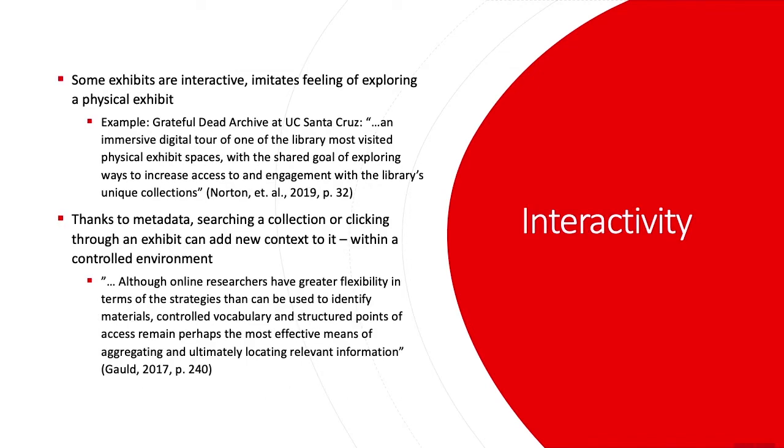Being interactive can be an important component of digital collections and exhibits as well. Some exhibits, like the Grateful Dead Archive Virtual Tour, imitate the feeling of exploring a physical exhibit. When writing about the exhibit, the creators described it as an immersive digital tour of one of the library's most visited physical spaces, with the shared goal of exploring ways to increase access to and engagement with the library's unique